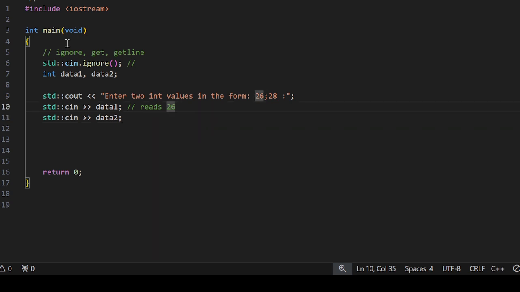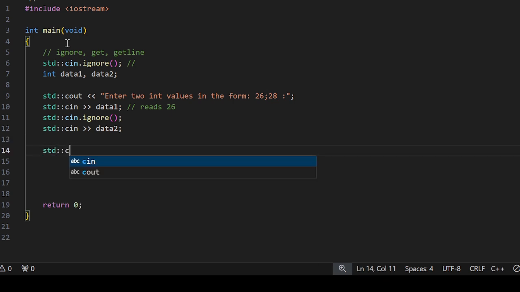So to read it correctly, after this data is read, I would like to ignore this thing, because whatever the user types will get into the buffer. So from the buffer I want to ignore one character. Then after that it will read in data2. So if I display data1 and d2,